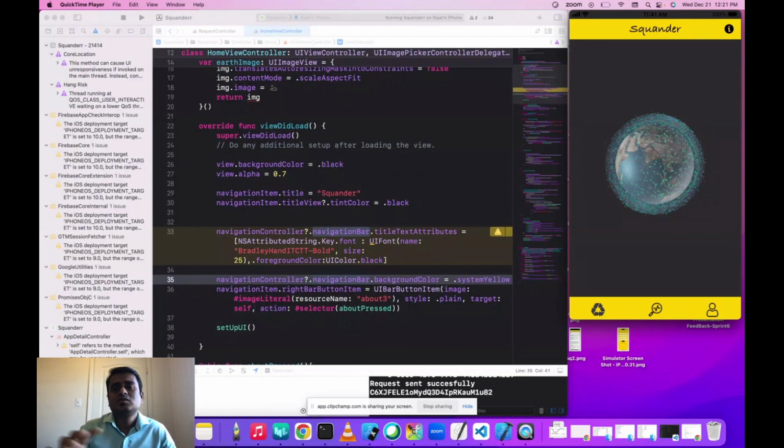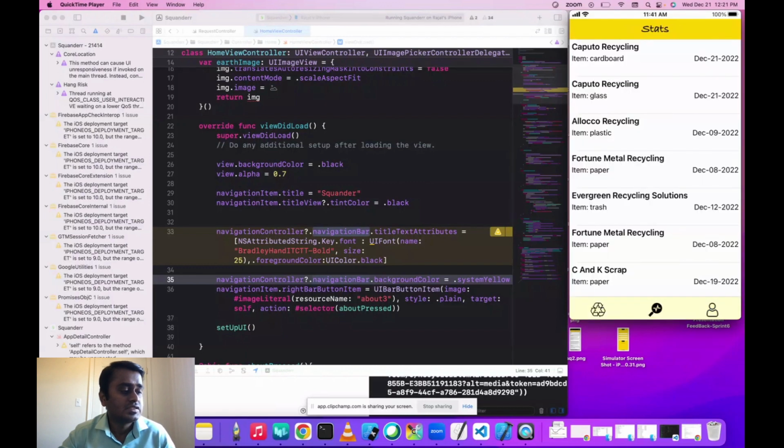So once this request is processed by a particular recycling location, then we are able to see the request in the scat screen, about what type of products a user has recycled along his whole usage of the application. You can see he has recycled cardboard, glass,